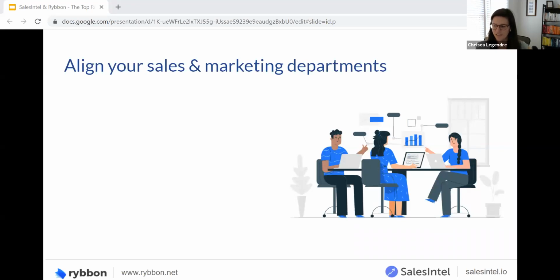All right, so our very first tip is to align your sales and marketing departments. Sales and marketing should work closely to plan and execute every step of the ABM journey. And this is why we put it as point number one, because you both need to be on board before you even move forward. With enterprises, because they're so vast, you want to be sure that every component of your approach is coordinated towards the same results.